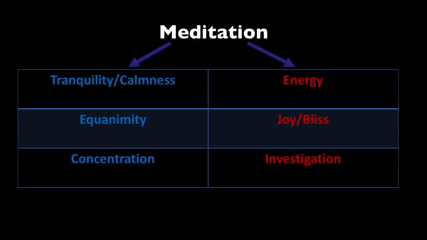So if you think of meditation as a balance of opposite factors, such as calmness versus energy, equanimity versus joy, concentration versus investigation, different combinations of states connected with different frequencies will produce different factors. So one person may need more equanimity, another person may need more of the joy and bliss factor, another person may need more calmness, another person may need more energy. So we can start to think about individualizing what a person needs. So for example, the person that said she wanted 1 hertz and she loved the experience of it, that's where she's focused, or maybe that's what she needs.